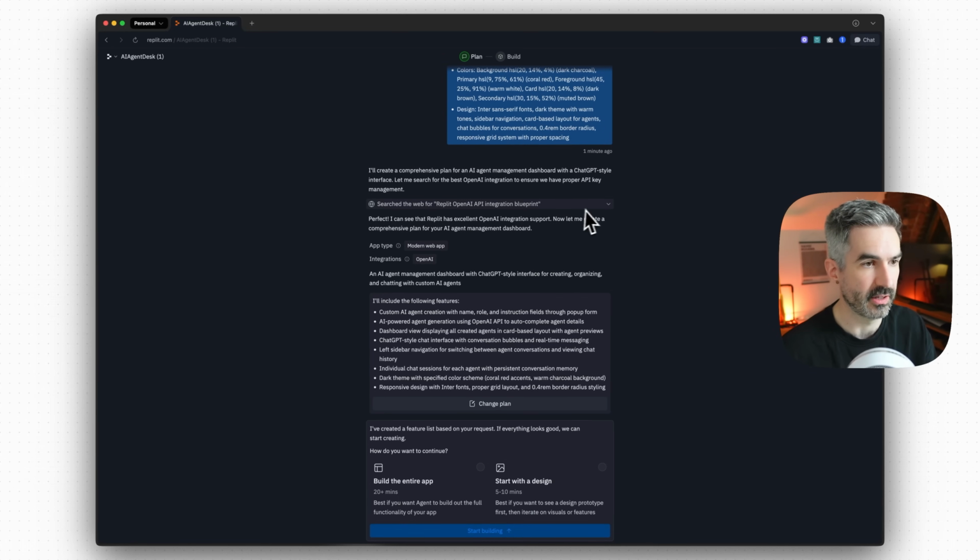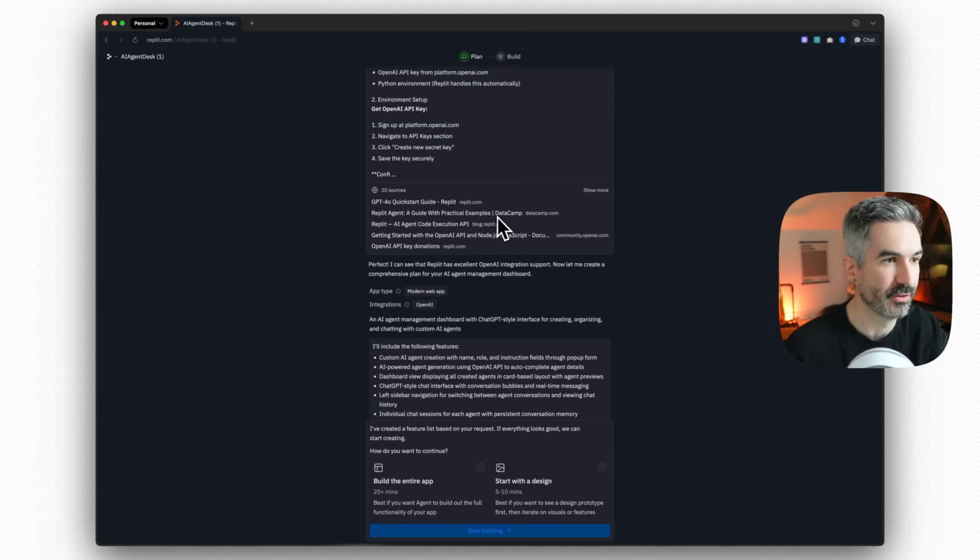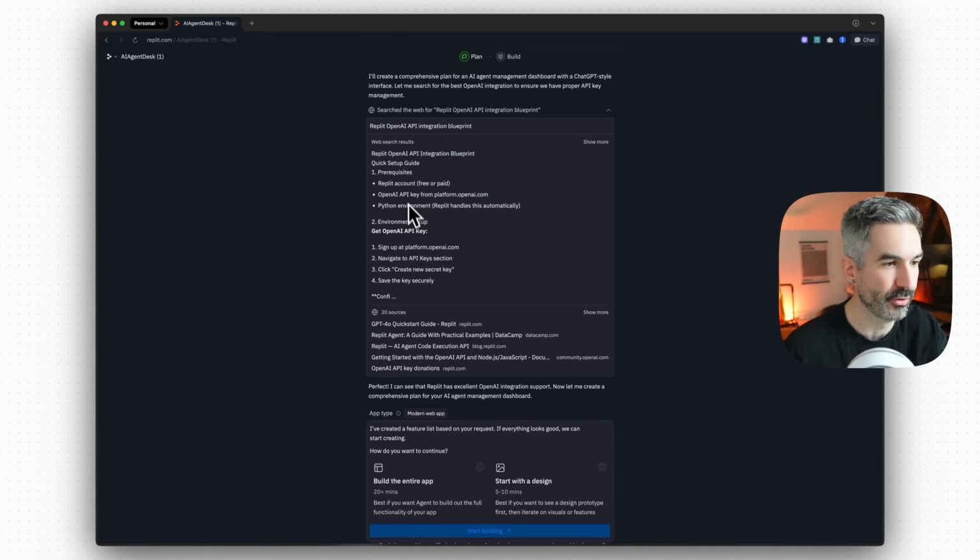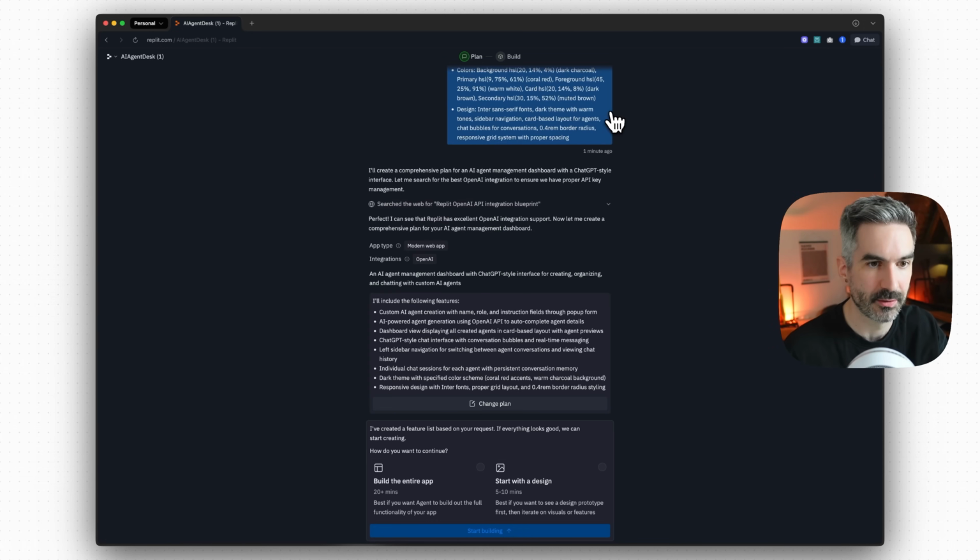So it's actually looked up the Replit OpenAI integration. I feel like it would probably know that stuff out of the box anyway, but it's gone and found the documentation for that anyway, and it's pulled through the relevant information here. That's had like 20 different sources basically that's informed how it's going to build this. And here is the plan for our app. So it's going to include a custom AI agent creation, AI powered agent generation, dashboard view displaying all created agents, ChatGPT style interface, left hand sidebar, individual chat sessions, a dark theme, and then responsive design with inter fonts, grid layout,